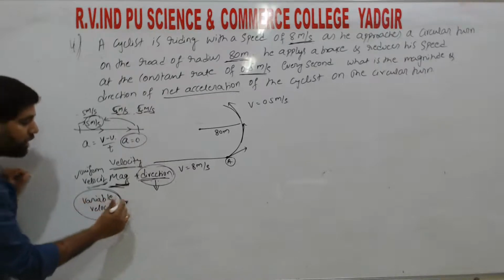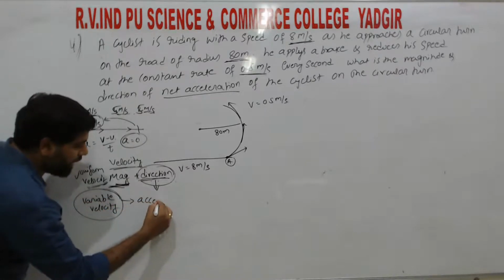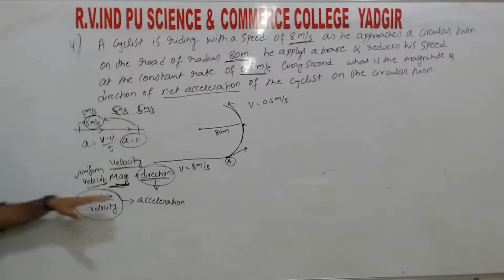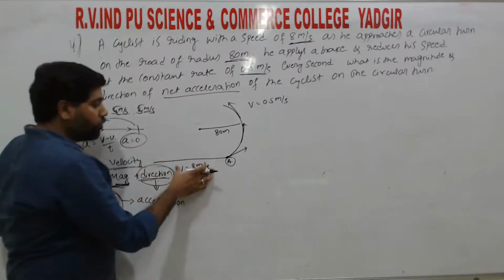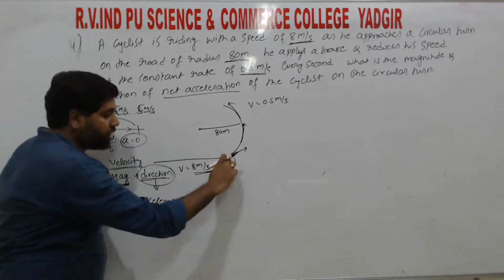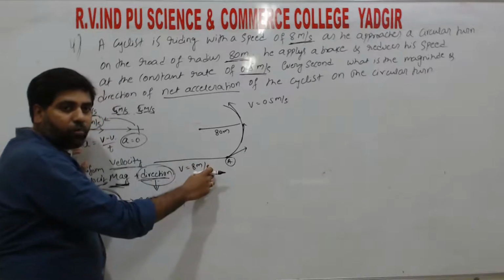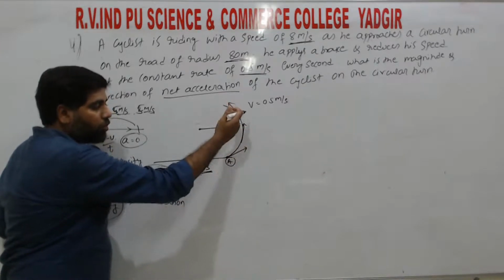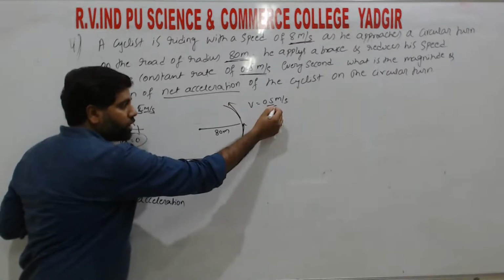So if we have variable velocity, then we have acceleration, right? Moving with a constant speed or constant velocity in a straight line means it is in uniform motion, right? So when he approaches the circular path, he applies the brake, so that means the magnitude